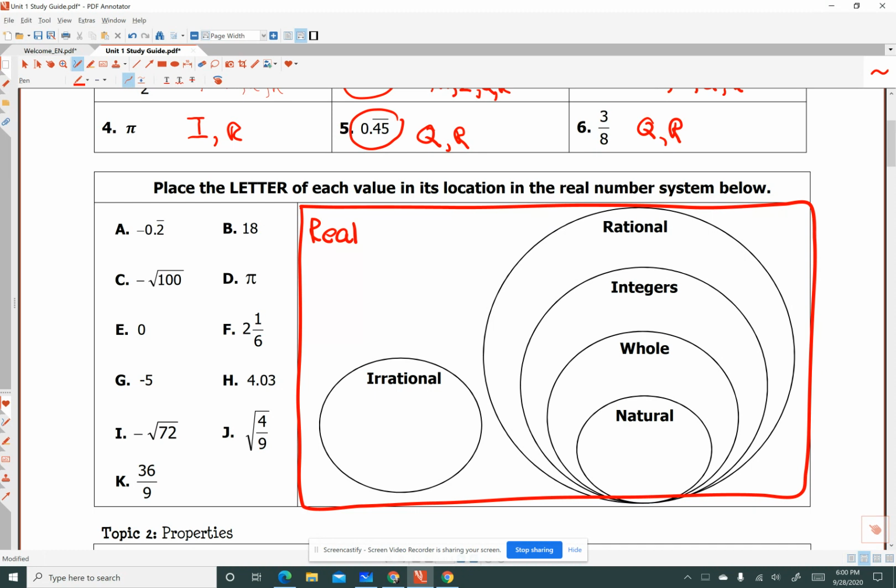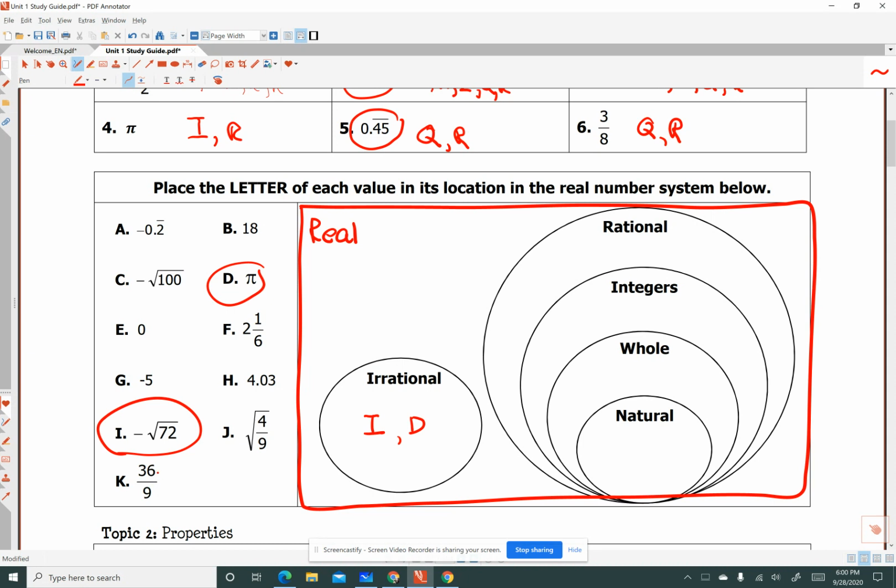The negative square root of 72 is irrational. And of course, pi is always irrational. So that's D. Notice I put the letter for each of these. So be careful when you evaluate these, because let's look at J. 4/9, we cannot reduce that at all, but 36/9,